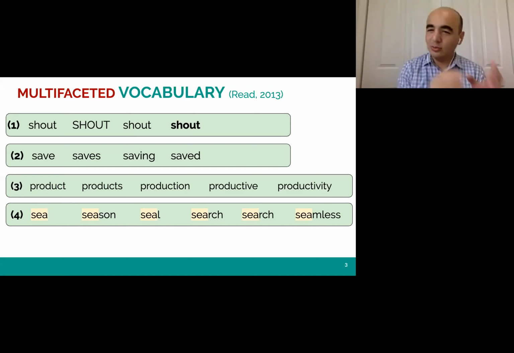Anyway, whether it's Uzbek, English, or Russian, whatever language you speak, vocabulary is multifaceted. You cannot just define it with single terms, right? It's very complex. That's what we are trying to show in slide number 3. This was taken from Reed 2013, and John Reed is a very famous researcher in the area of vocabulary assessment. If you're interested in vocabulary assessment, you can Google his name, and he's published a lot